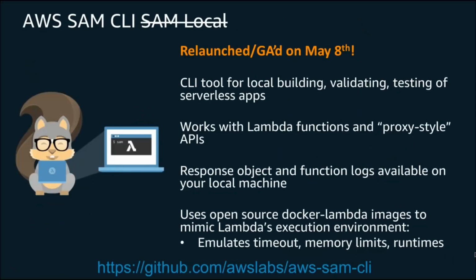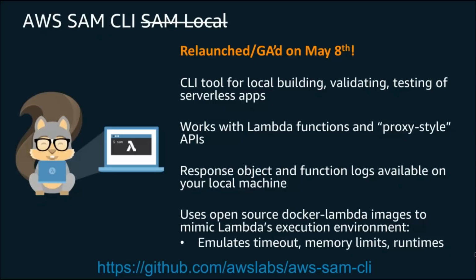So after you have built and created this template that you have, you typically don't want to deploy it without testing it. And so a little over a year ago, we actually launched a tool that was called AWS SAM Local. Much like the name sounds, it allows you to be able to do local development of serverless functions, something that can be kind of tricky when you think about the fact that most of the serverless services that you're interfacing with, especially with Lambda, are primarily completely hosted.